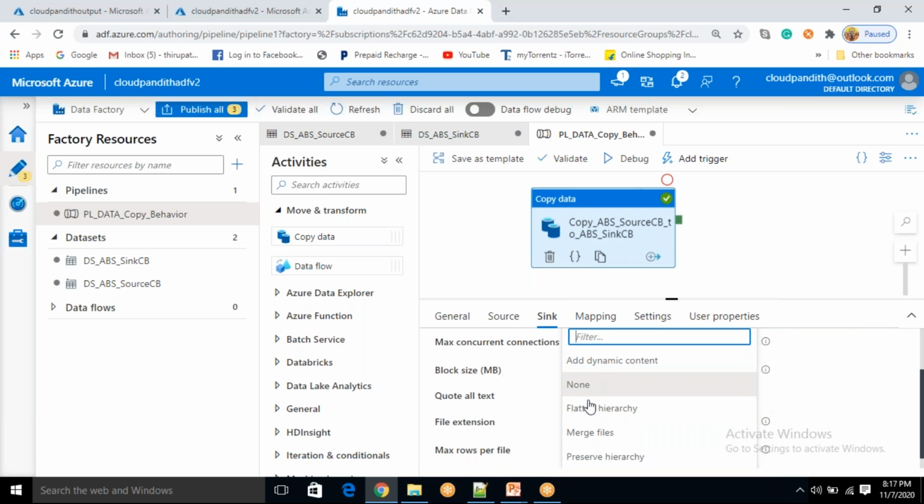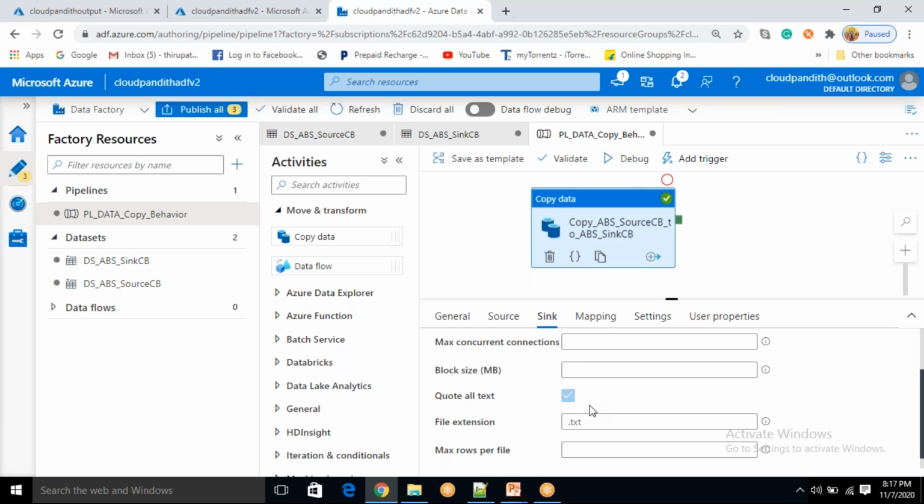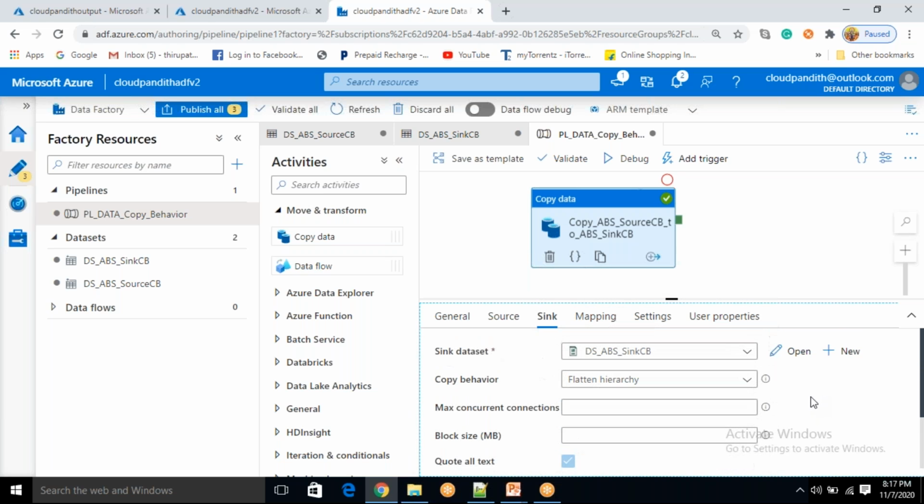Let's select now. Okay, we'll go from the top, flatten hierarchy. So we know what is meant by flatten hierarchy. My file extension should be CSV, right? .csv only, to maintain. Flatten hierarchy means it will remove all the subfolders and keep even the subfolder files in your root folder, and it will rename all file names. It will give unique, auto-generated names for all the files.